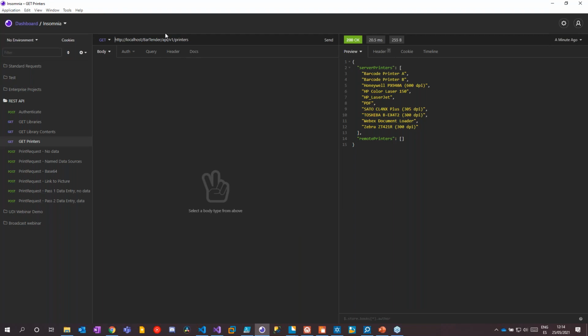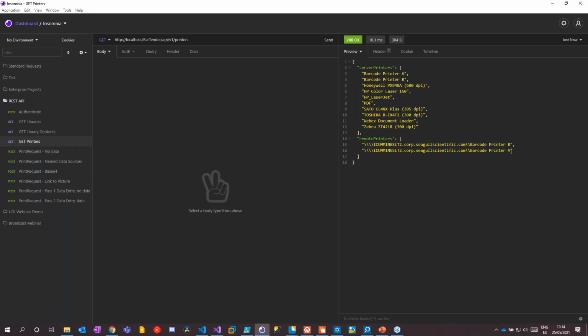come back to my REST client, hit send, and now we can see those two printers are now listed using a UNC path, where it has the name of my computer, followed by the full domain of my computer, and then followed by the name of the printer instance. So that when you make a print request,